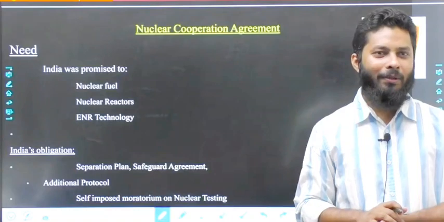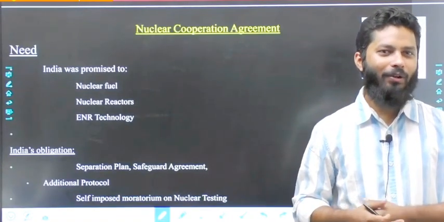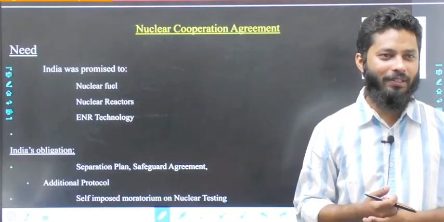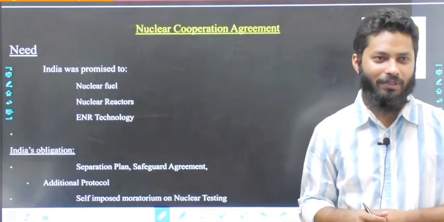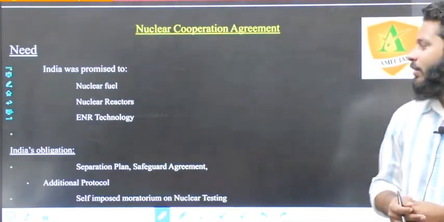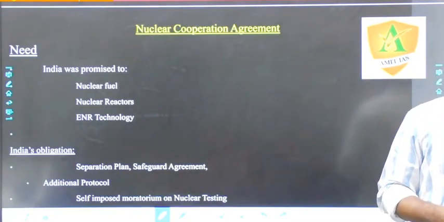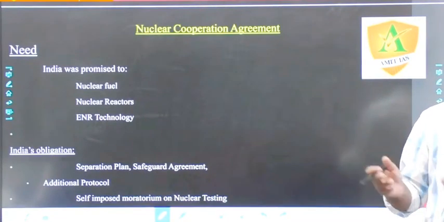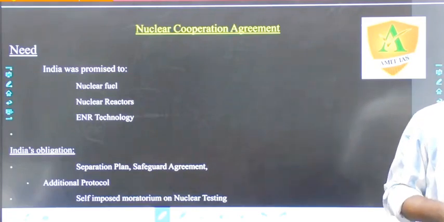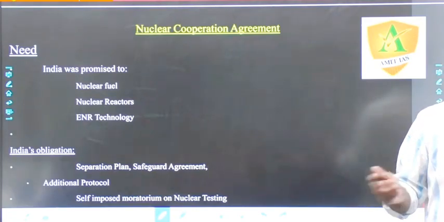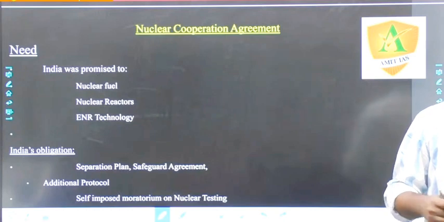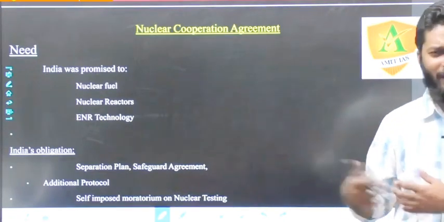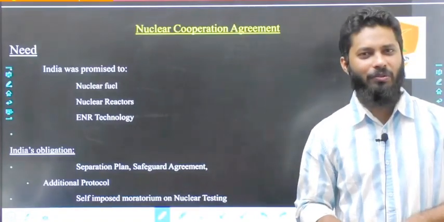But we cannot go for that also. We cannot afford to lose nuclear energy because it is a cleaner source, right? So what we will do, we will import fuel from other countries, we will do some agreements. So it is a part of international relations also. We will sign agreements with the United States, with Russia, with France, and we have signed many agreements with US, UK,